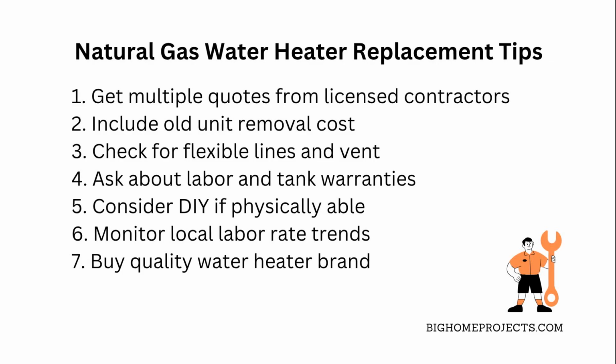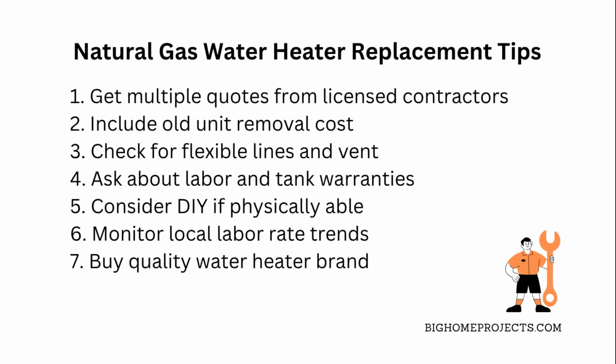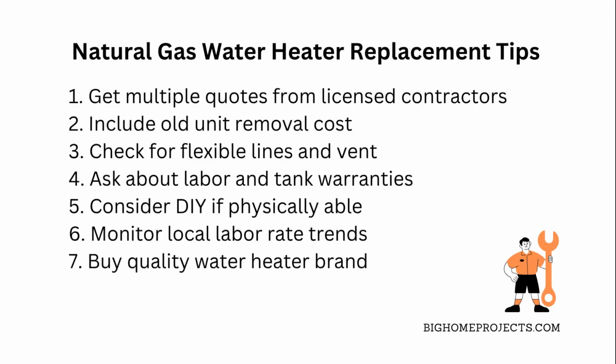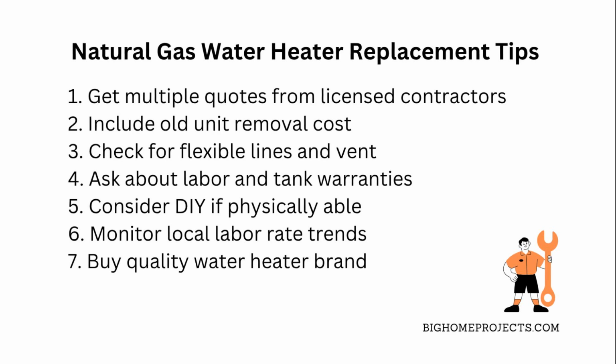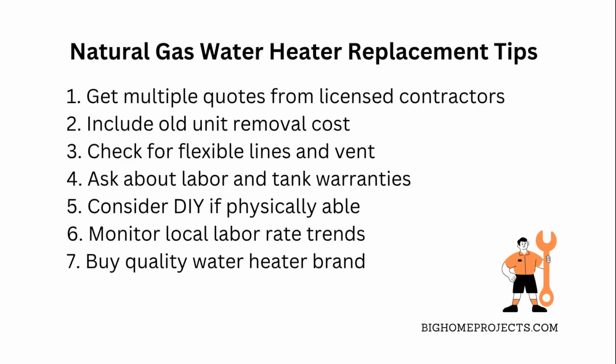Don't forget to ask about warranties on labor and the tank itself. A good installer will offer at least a 1-year labor warranty and a few years on the tank. If you're feeling handy and your back can handle it, uninstalling the old heater yourself can save you some serious cash. But if you're not comfortable or physically able, paying for professional help is worth it to avoid injuries or mess-ups. Also, keep an eye on local market trends because labor rates can jump due to demand, insurance costs, or